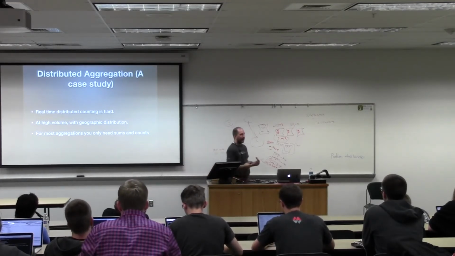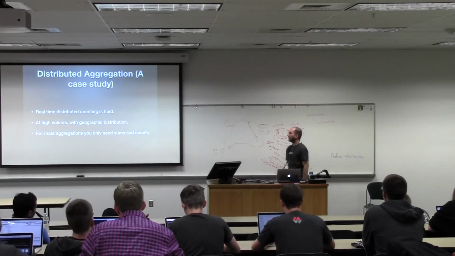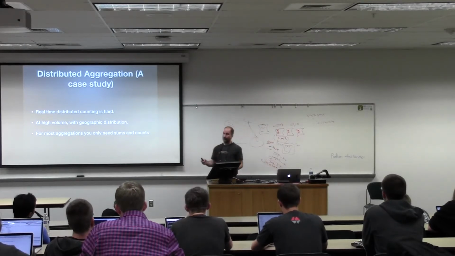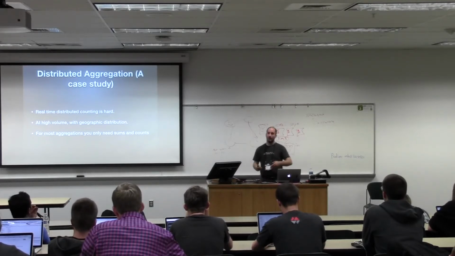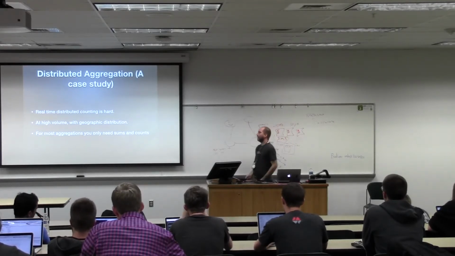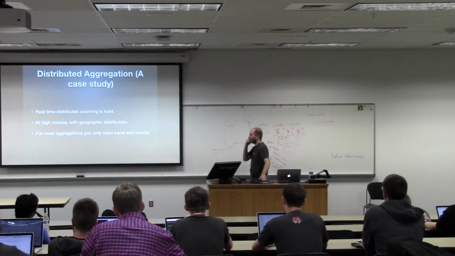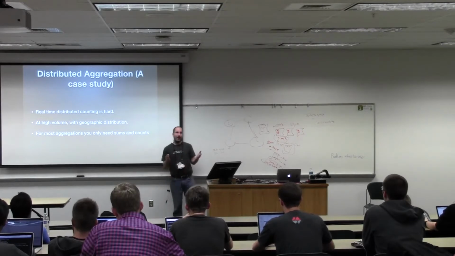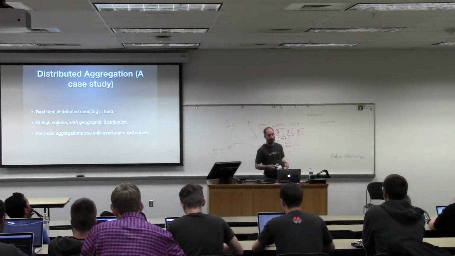And at high volume with geographic distribution, we might want to get sums, or we might want to know something like how many people in China were opening the door, how many people worldwide, how many people in the United States, how many people in Utah, how many people in Provo, right, have been opening their doors, or in that case, their refrigerator doors and closing them in the last 5 minutes. How about in the last 5 minutes a week ago, right? This same 5-minute window a week ago.